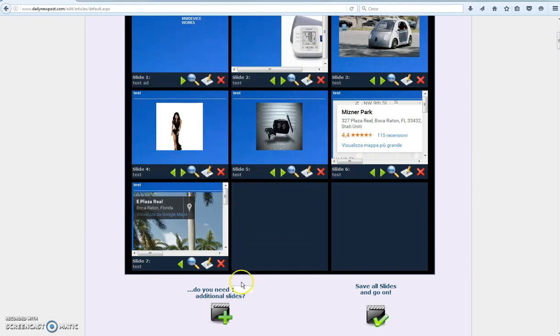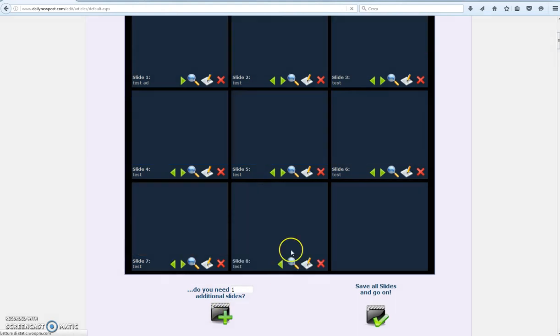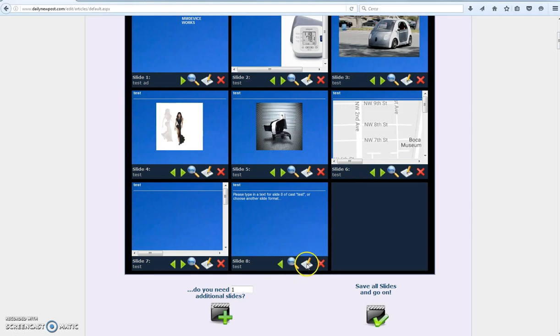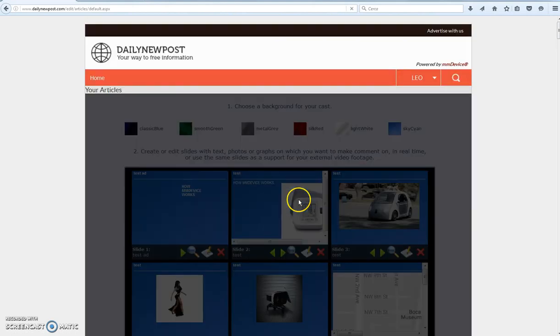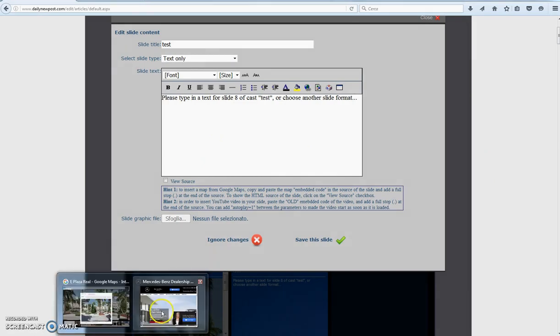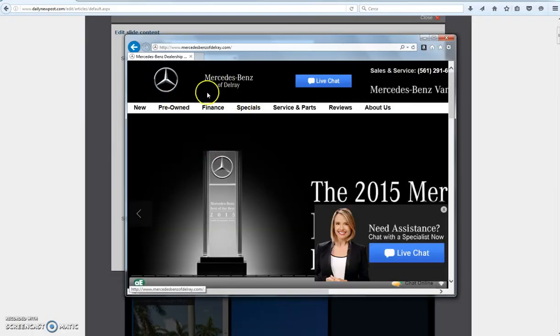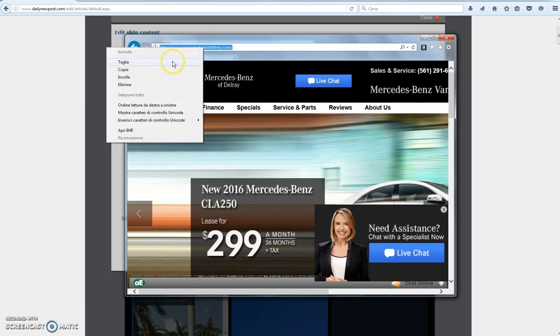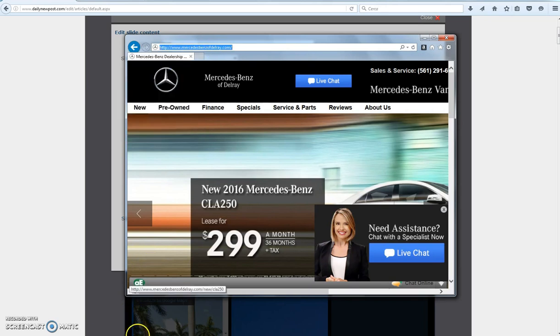Now the last thing, which is the most important thing, is a hyperlink to the web. So I have to add another slide, and I show you something incredible. Instead of begging your customer, client, or whoever, please follow us on www.com, wherever, I have prepared here, just to make it short. For example, this is the site of the Mercedes. What do you do? You just copy and paste into the